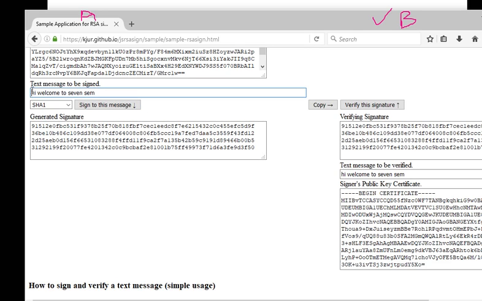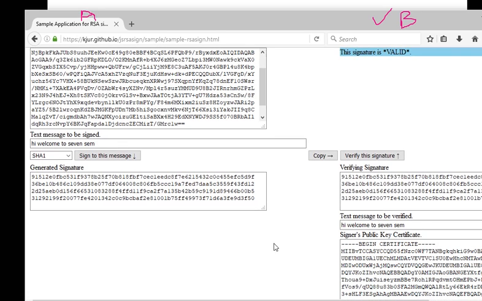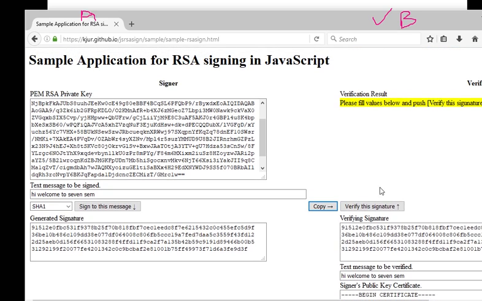The original message is: hi, welcome to 7/7. Suppose an attacker somehow makes changes in this signature. So I am going to make small changes. I am erasing the last two digits, and I have copied the same thing, and now I am going to check whether the signature is valid or not.